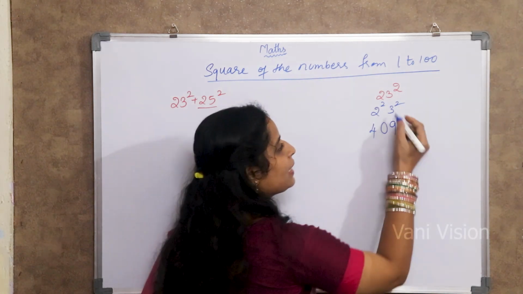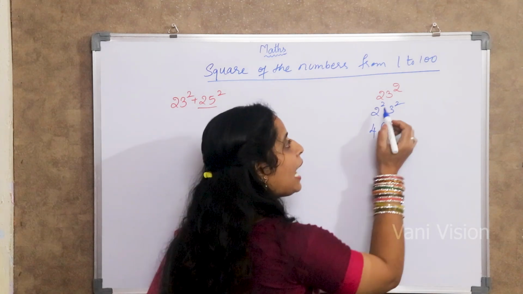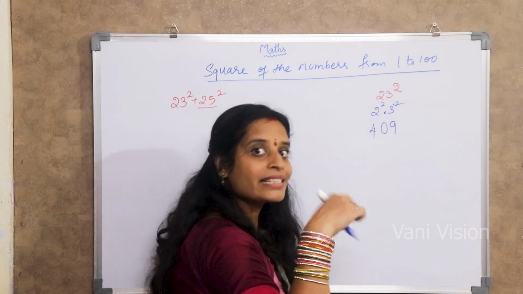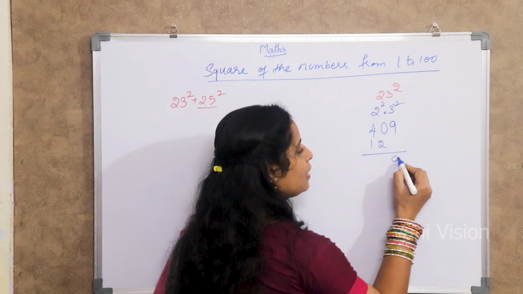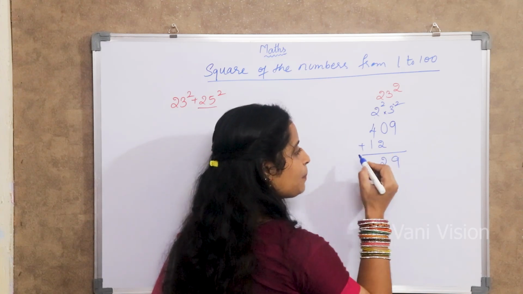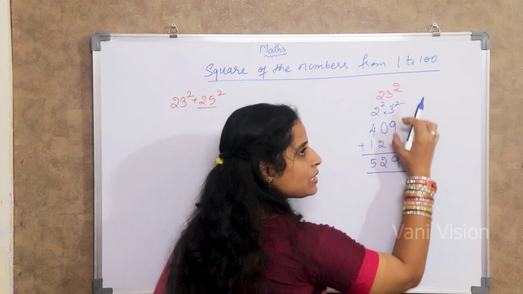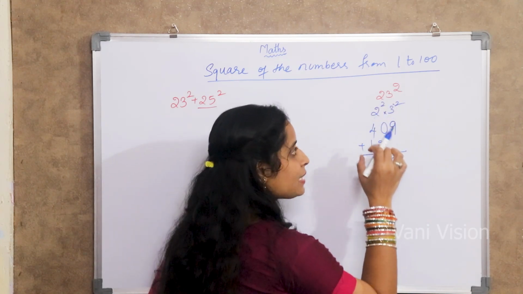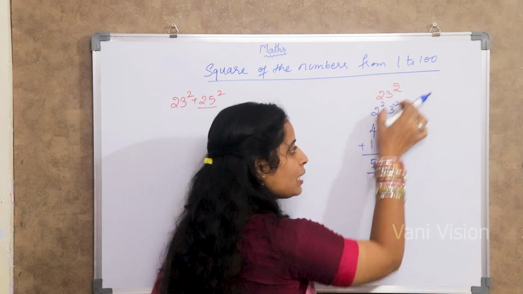Now we are multiplying the individual numbers like this. 2 3s are 6, and this 6 should be multiplied with the 2. 6 2s are 12. So what is your answer over here? 12. 9 added. Your step 3 is this one. Added. So what is our step 1? Individual squares we have written. 3 square is 09, 2 square is 4. And what is our second step? We are multiplying them individually, like 2 3s are 6, 6 2s are 12.